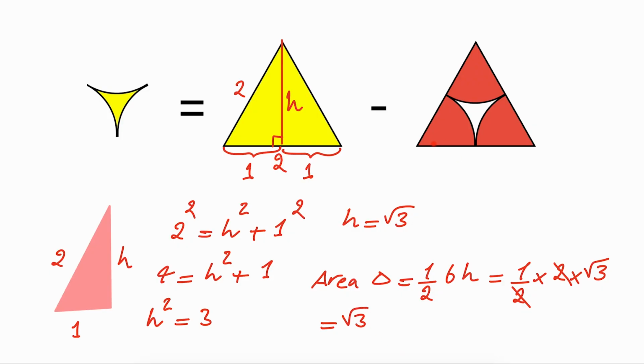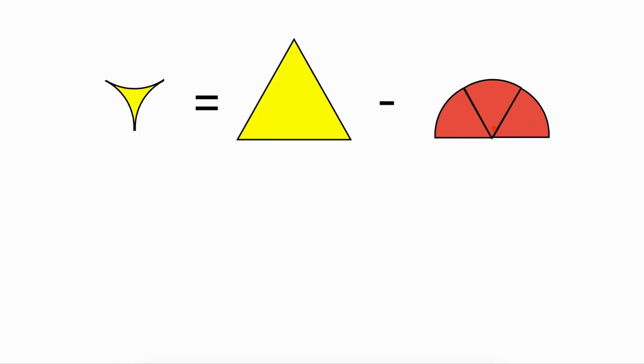For these three sectors, we know that these angles are 60 degrees. If we sum these angles, we will have 180 degrees, which we know is the angle of a half circle. So we can place these sectors next to each other. We will have a half circle, and the area of a half circle is the area of a full circle, which is pi r squared